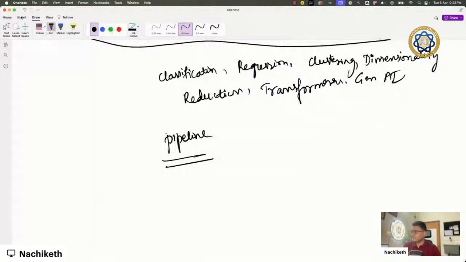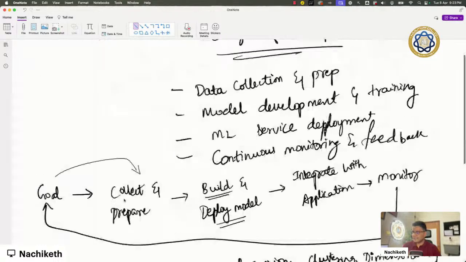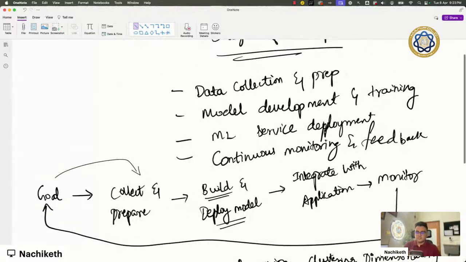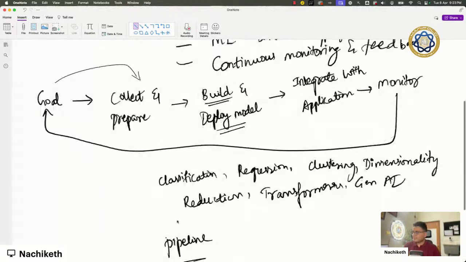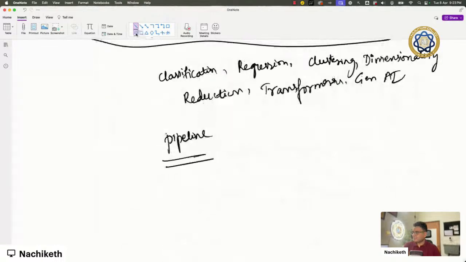Specifically, if we talk about the overall pipeline, we have mentioned that we'll collect and prepare the data. Now, at this step, we actually have multiple sub-steps. So what are those multiple sub-steps? The first step that we would be having is